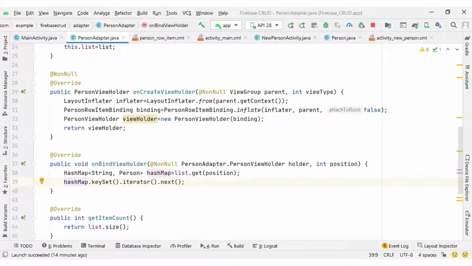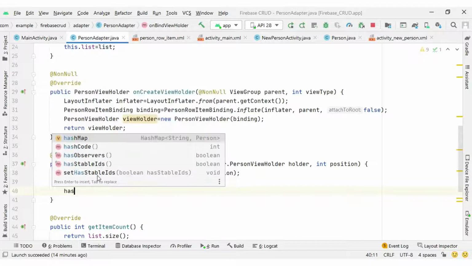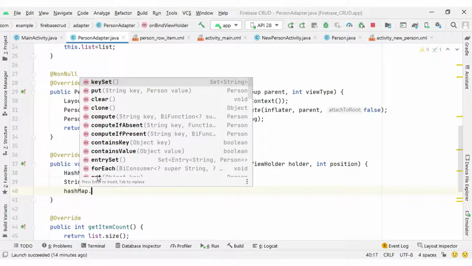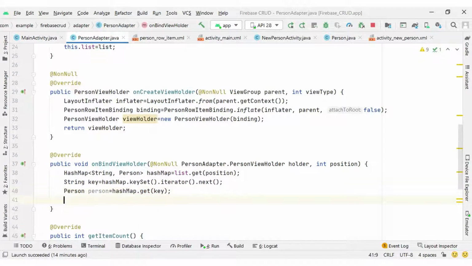Okay, so I will have the key here, and that key will help you get the value as well. So hashMap.get, I will pass key, and it will return the person object, and this person object I will pass to my binding instance.